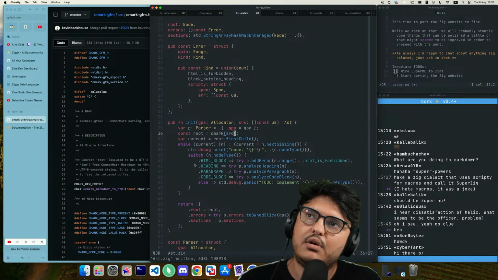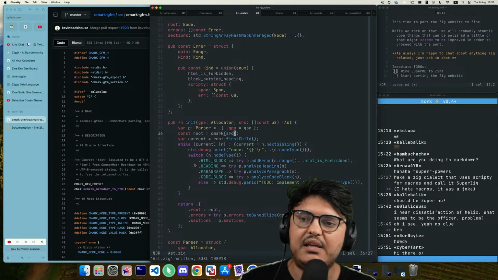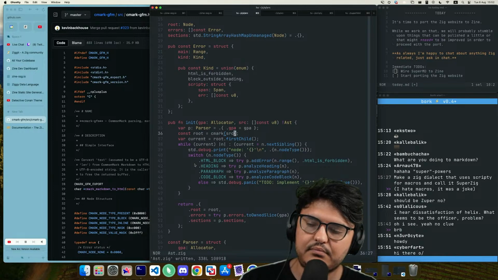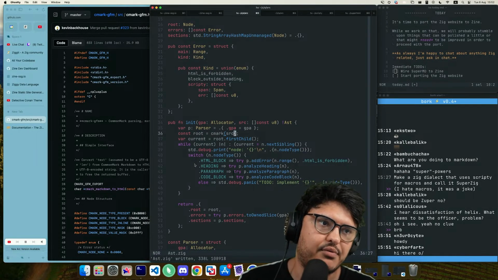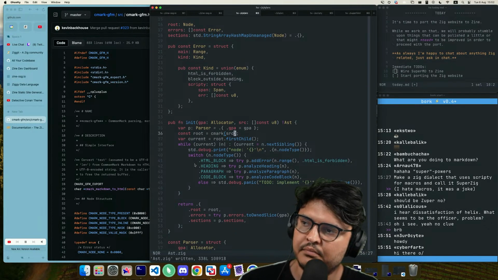And ideally, this should be probably one of the best ways for generating documentation websites for Zig projects that aren't Zig libraries. If it's a Zig library, you can use Autodoc, right? But Autodoc makes no sense for stuff like flow control.